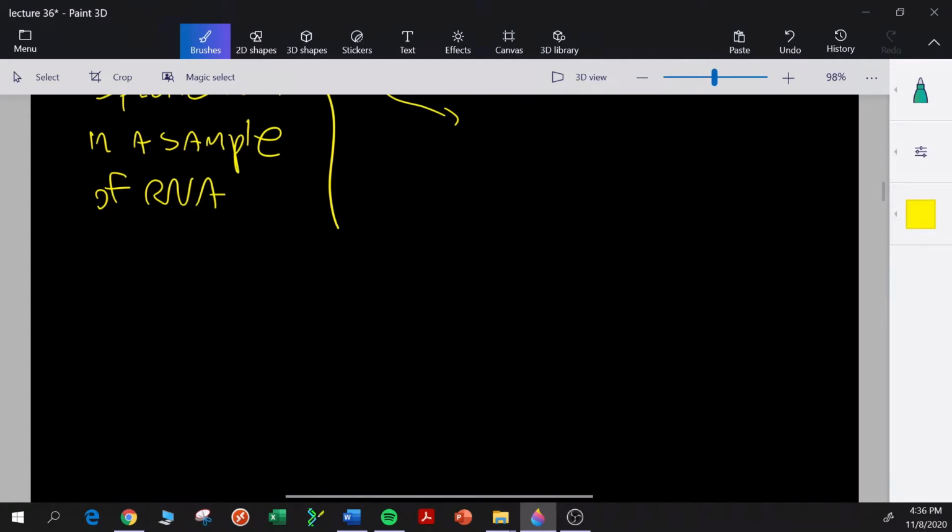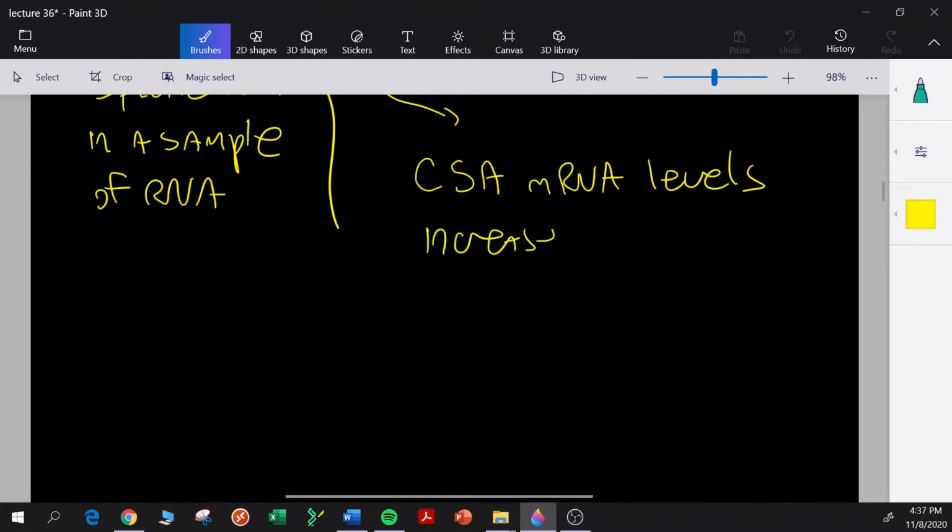So let's say we have a hypothesis that this gene, CSA, a gene for the CSA protein that is involved in transcription-coupled nucleotide excision repair, a technique we talked about in a previous section of the course. So let's say CSA messenger RNA levels increase after